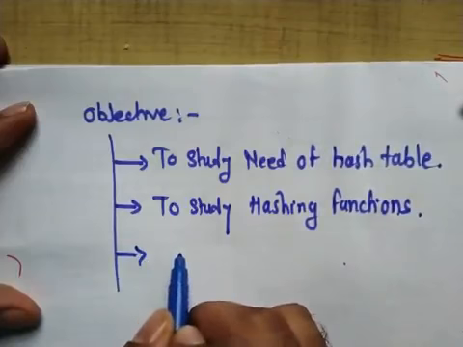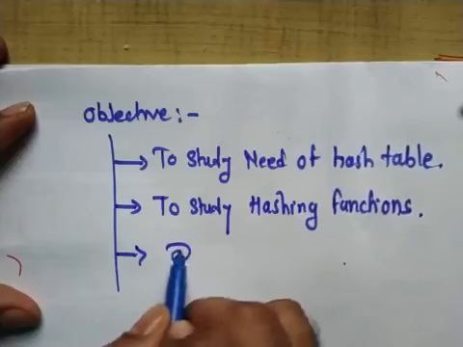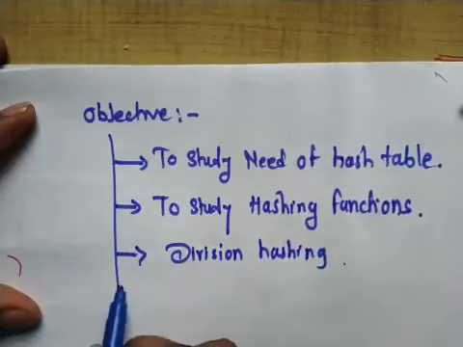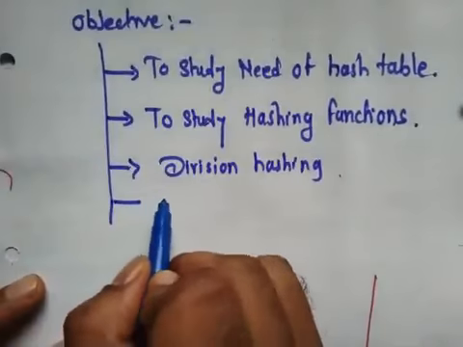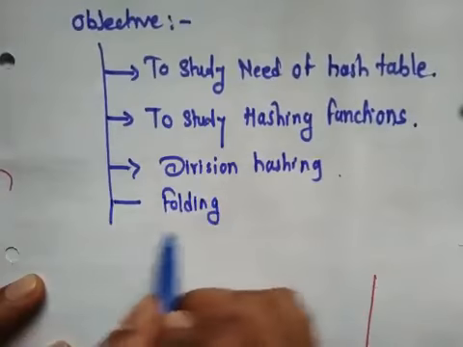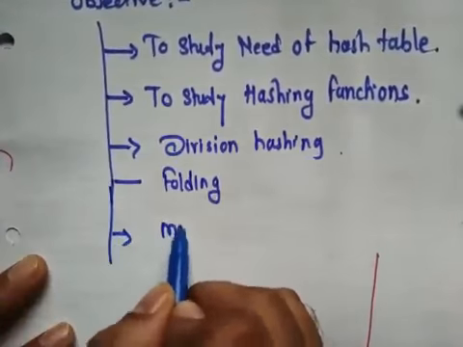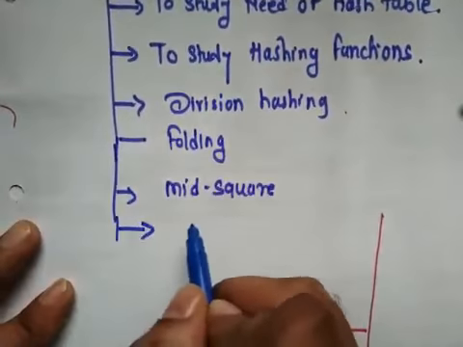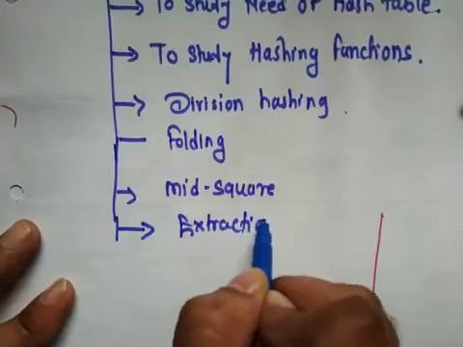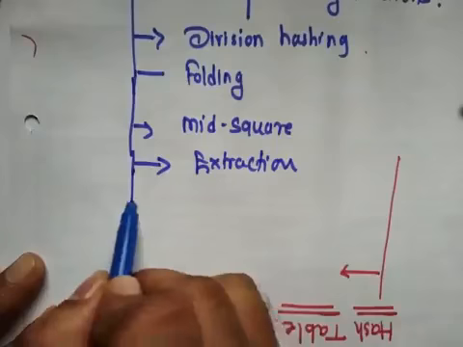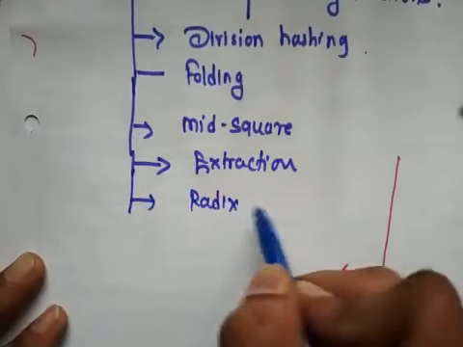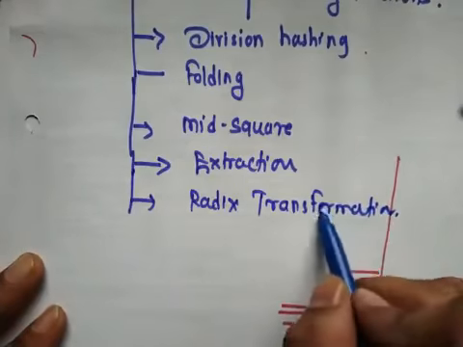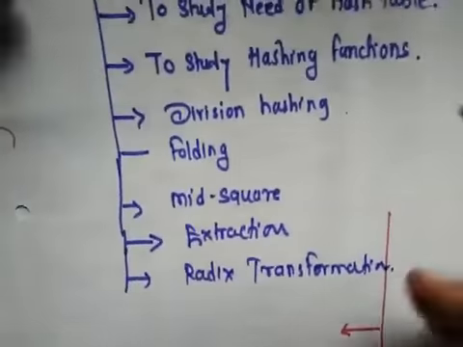Then we will see different types of hashing function like division hashing, then folding, then mid square, then we will learn extraction, and finally we will see radix transformation. Okay, so let's start with